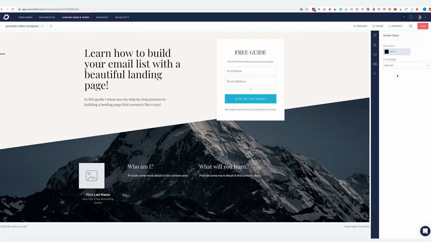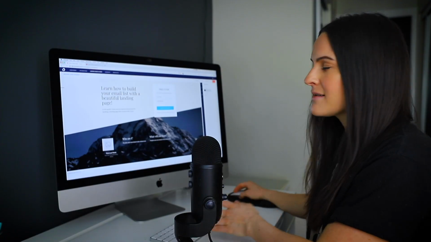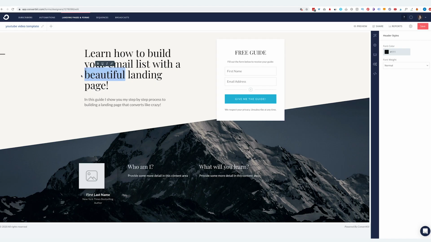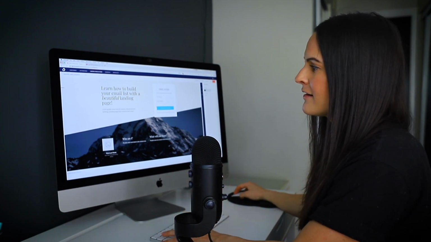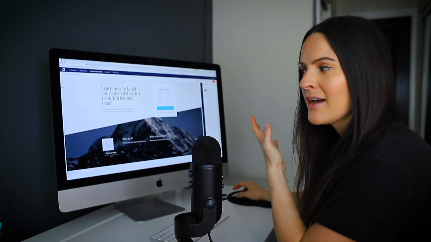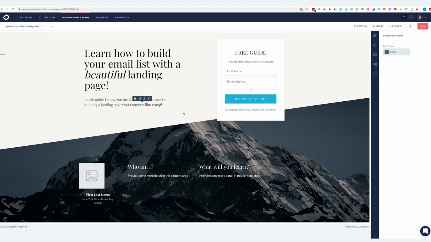Now, when you click on this text here, you're gonna find different options on the right as well. So you can change the font weight, so I can make it bold, I can make it normal, and I can change the font color. Something that is missing from here is the ability to italicize something, but you can still do that by selecting the bit of text that you want to change, and you'll notice this little pop-up came up where I can select the italics link. So I'm not sure why they don't include it on the right-hand side, but it is there, and if you use it right, it can really emphasize specific words. So that's how I've used that. I'm also going to change this to bold, and I think that looks pretty good.